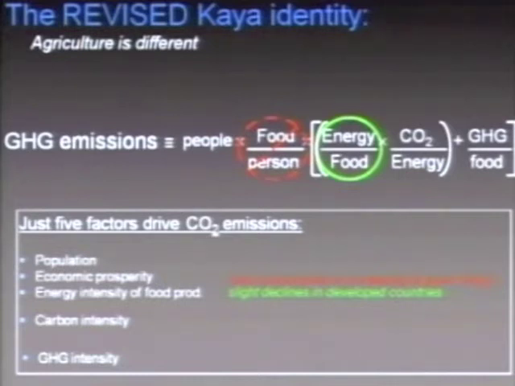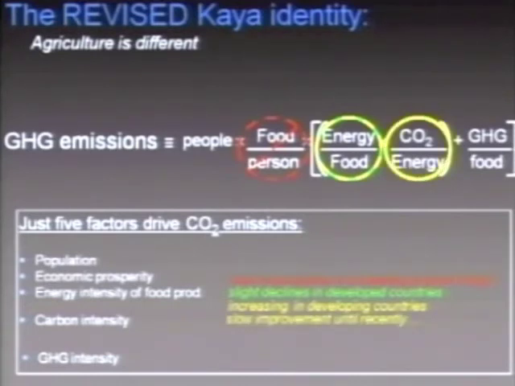What about energy production used in food? In developing countries, there have been some declines recently. Energy is costly, and so people tend to use energy increasingly efficiently. And that's true in agricultural energy use as well, and there have been some declines. I haven't seen any data on what's happening in developing countries. It's forecast that much of the increase in food production is going to happen in the developed countries. And so understanding the efficiency of energy use between developing and developed countries is important. It seems that it might be increasing.